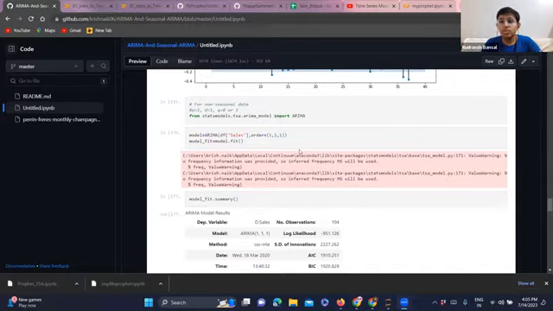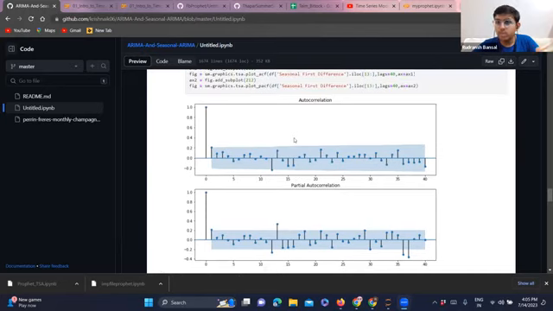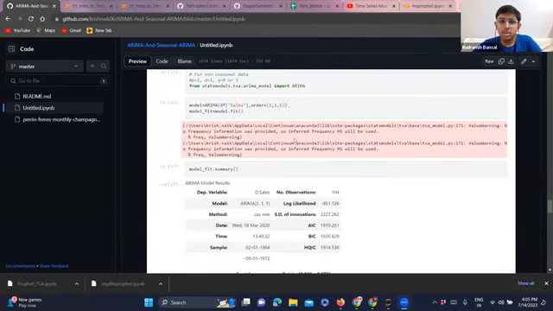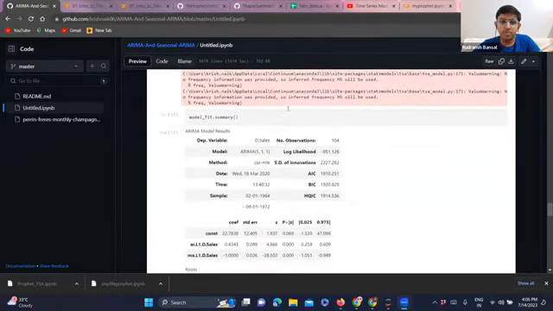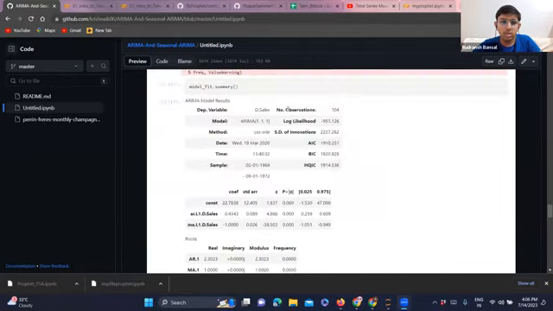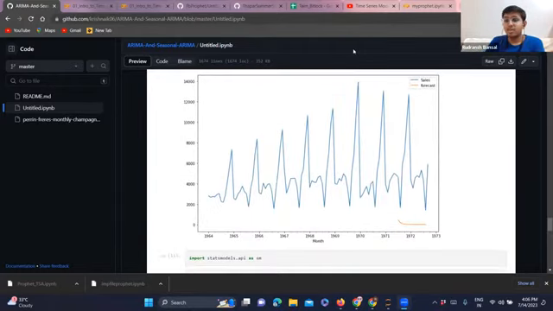So it may work well with 101. It may work well with, let's say, 011. It is not random. It depends on these two graphs and many more things. But you can play around with these values because mostly the data which you'll be using won't require so much depth. Just a model fit function, and then we are generating a forecast. So you can see the forecast with ARIMA does not look good at all.